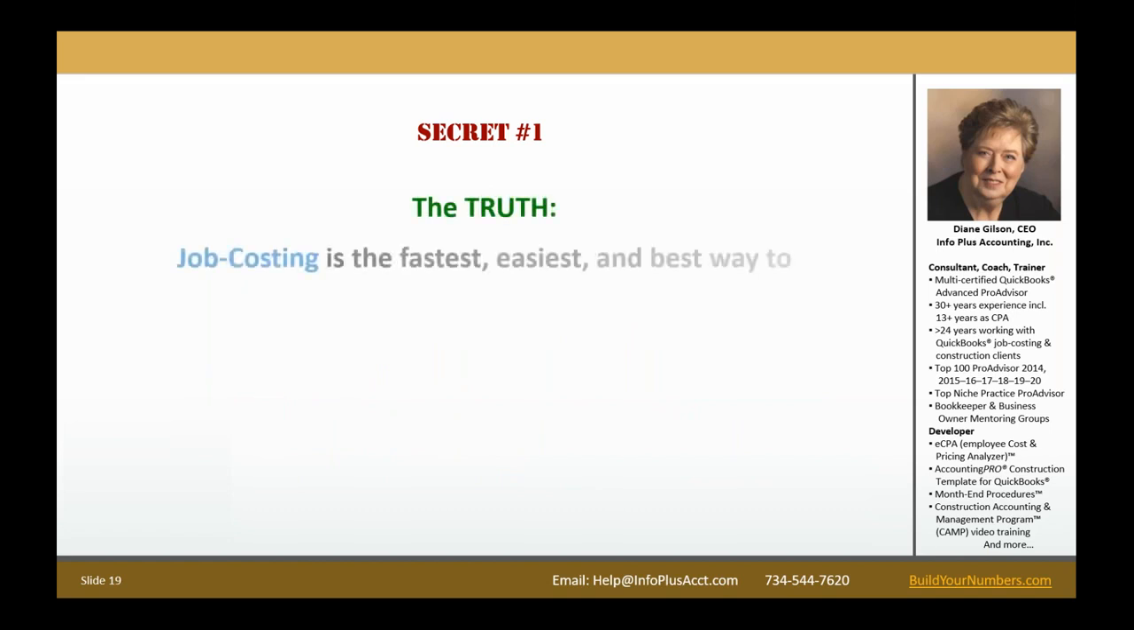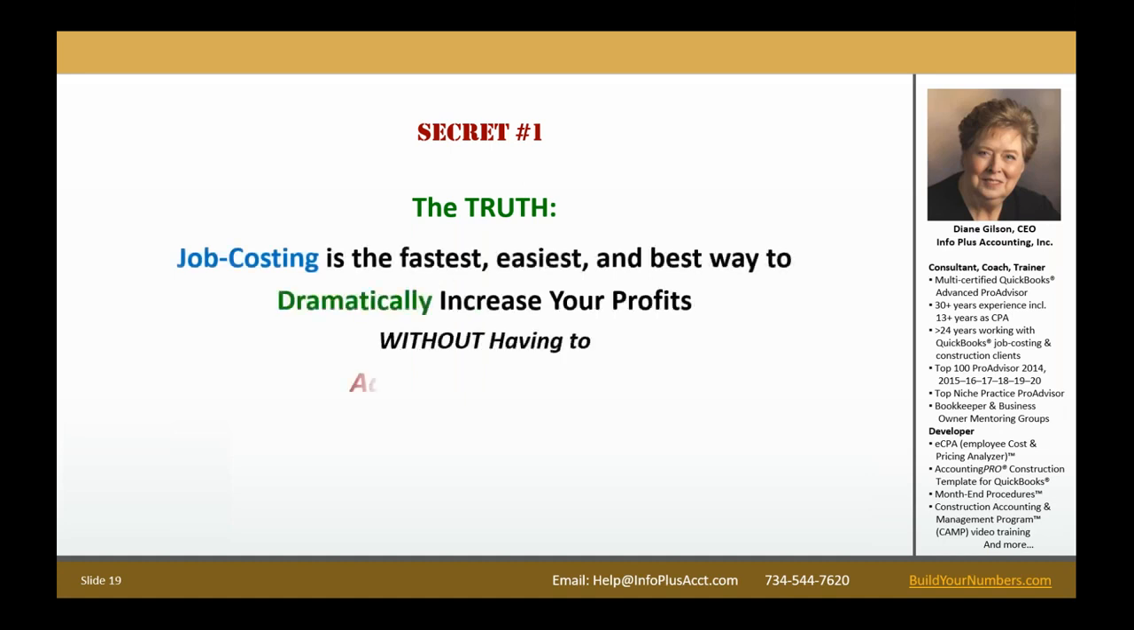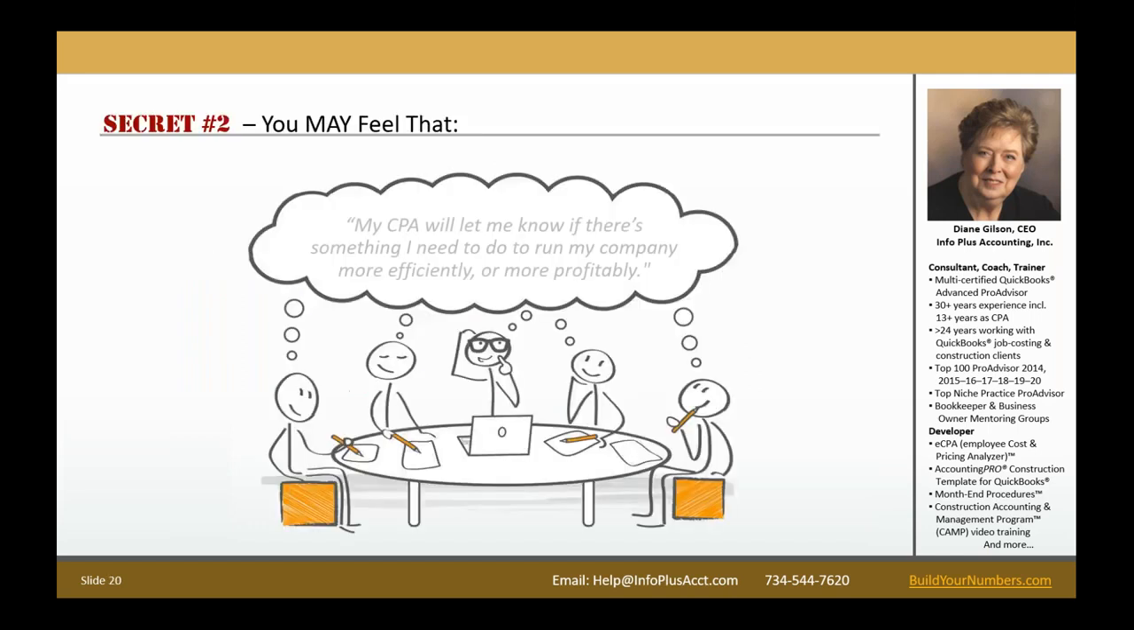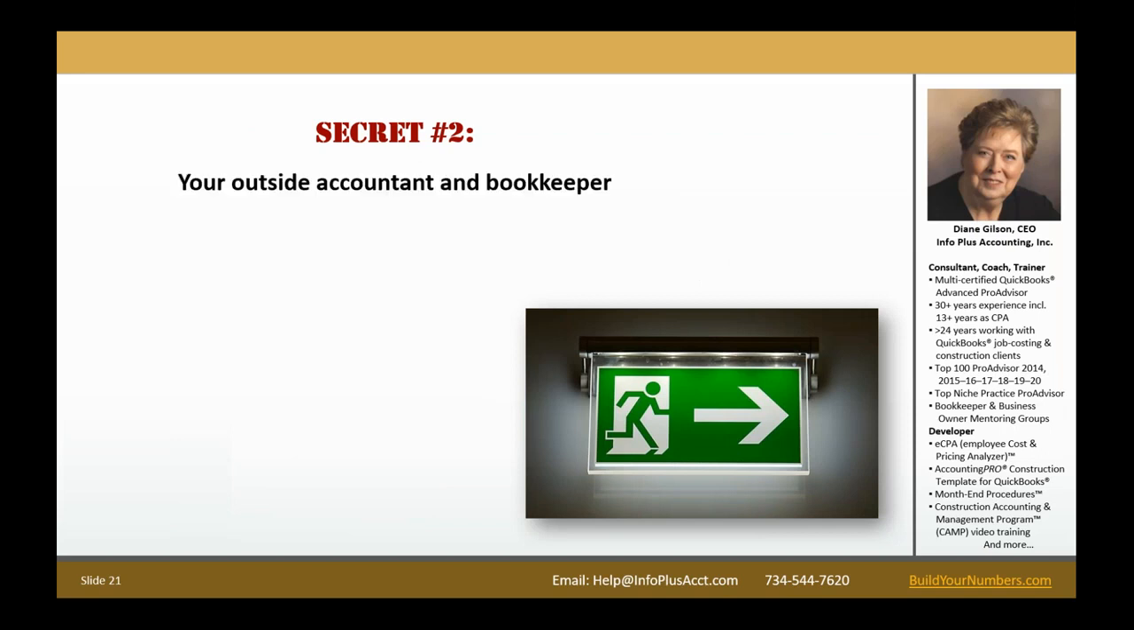So the truth from our secret number 1 is that job costing is the fastest and the easiest and the best way to dramatically increase your profits without having to add more employees or sell more or work harder. Now, secret number 2. This is going to go pretty quickly, okay? You might feel that your CPA is going to let you know if there's something you need to do to run your company more efficiently or more profitably. In fact, your outside accountant and bookkeeper isn't going to help you set up a true job costing system,